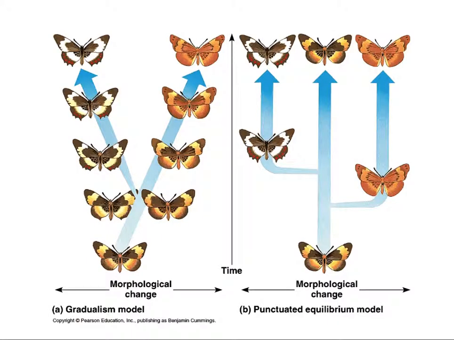And here are examples. This is showing you gradualism. You can see the gradual evolution of this butterfly species or moth species into other species. And then this one is called punctuated equilibrium. So things kind of stay stable, and then there's a period of rapid change. Maybe the environment changed like it did when we saw the moth with the dark background and the light background. Maybe the Industrial Revolution happens and the environment changes suddenly. That will speed up evolution, and then it'll stabilize again. So these are the two models for the timing of evolution.